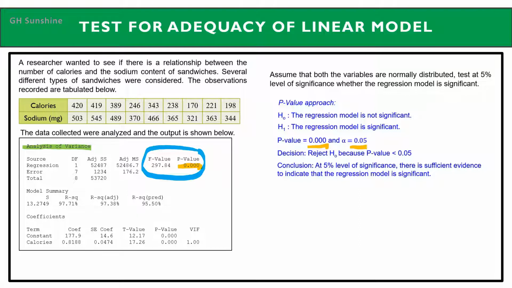Okay, next, second approach. Let's say you have no p-value. So, you can use the F-value approach. First step, set up the hypotheses, H0 and H1. H0, the regression model is not significant. H1, the regression model is significant. Then, state the F value. So, F value here equals